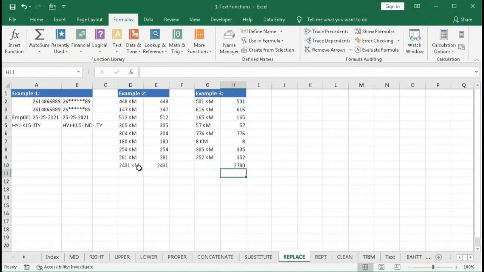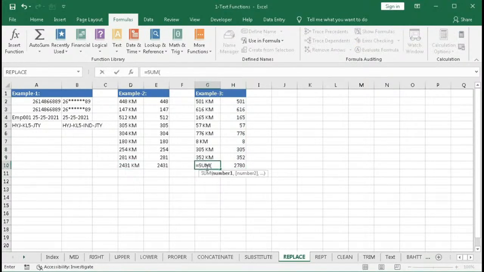The same way as we have done here, we can do this equal to sum, then value, then replace. Old text is this one. Comma. Starting number is. Search